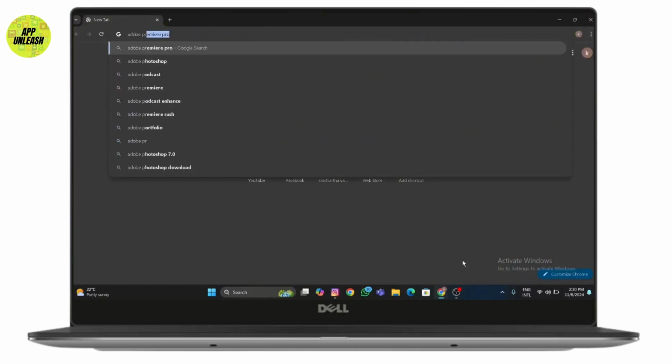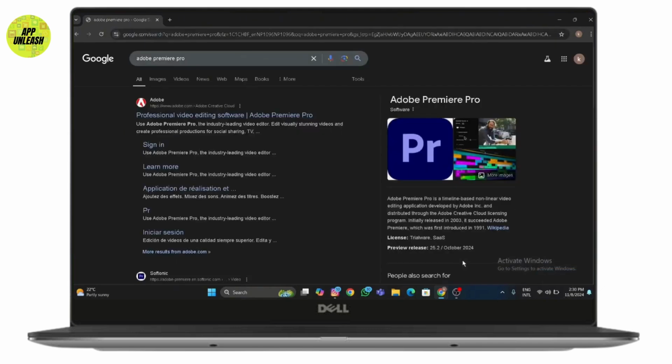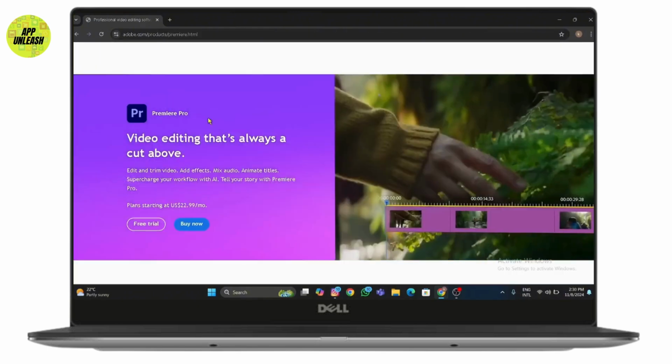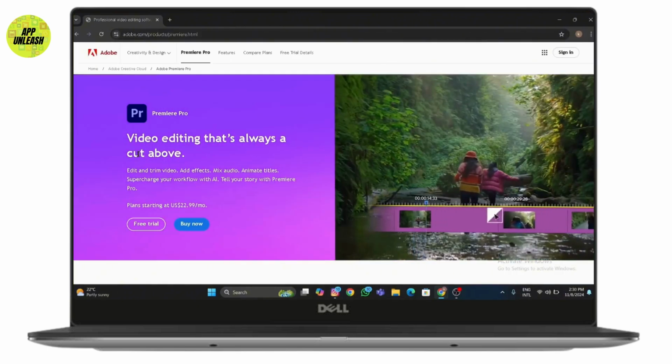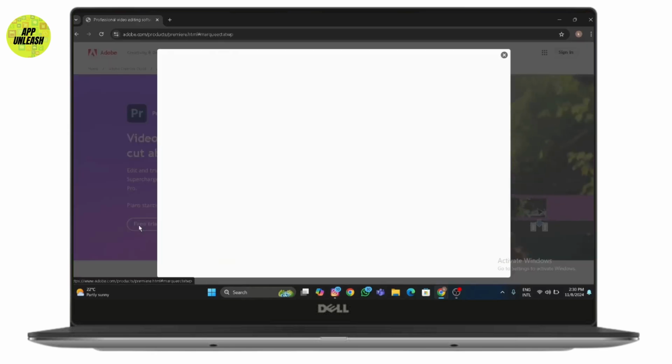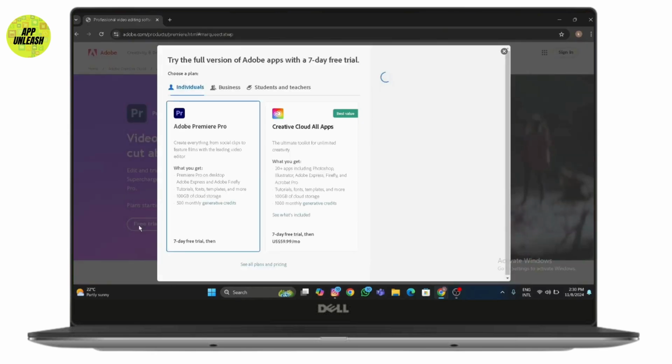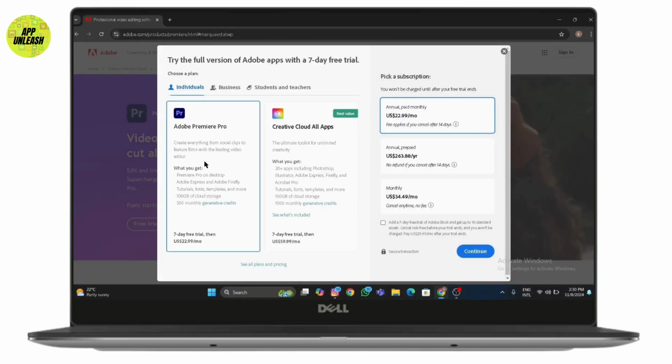First, open your preferred website and go to Adobe's official website. Once you're on the home page, simply tap on free trial. Here you can choose your plans, and after that you can simply create or sign in and choose